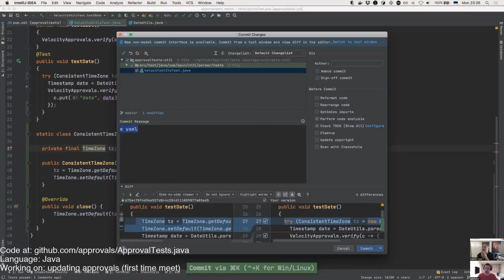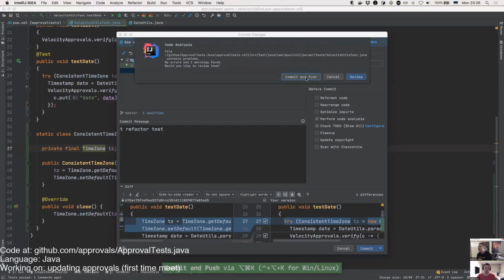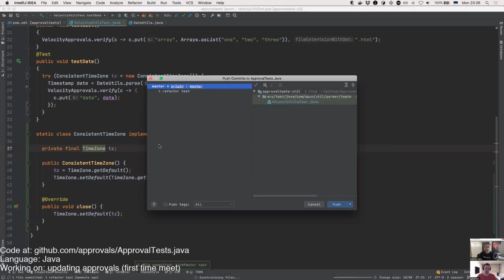T again? Yep, T again. Or refactoring, yeah? Okay. I mean, it is a refactoring, but still all in the test. And the safest part about this is it's all in the test, because our refactorings are far from provable. Okay, and then let's move this into approval test utilities.